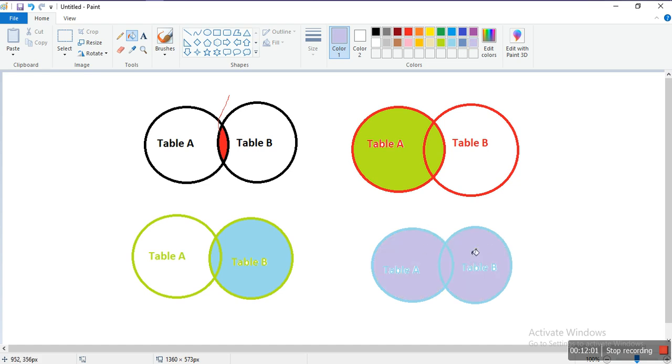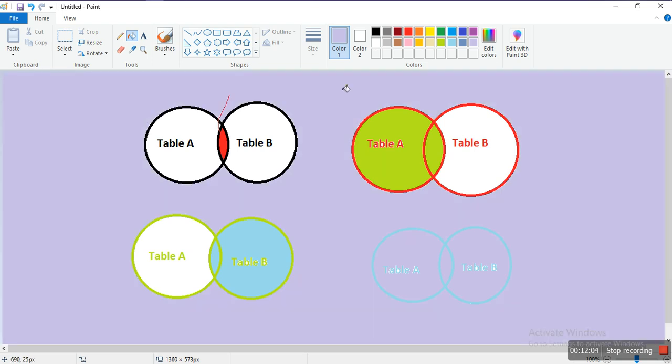This is called full join, the combination of both left join and right join. The combination of both of these fields is called a full join.